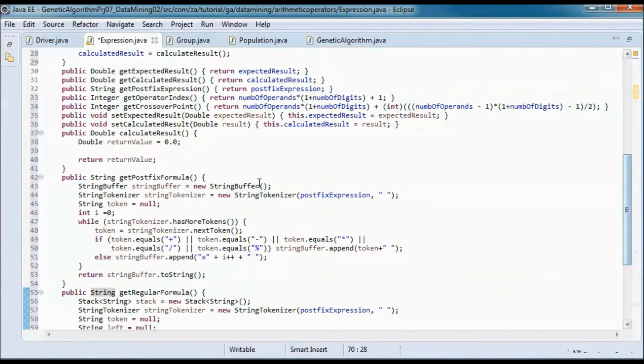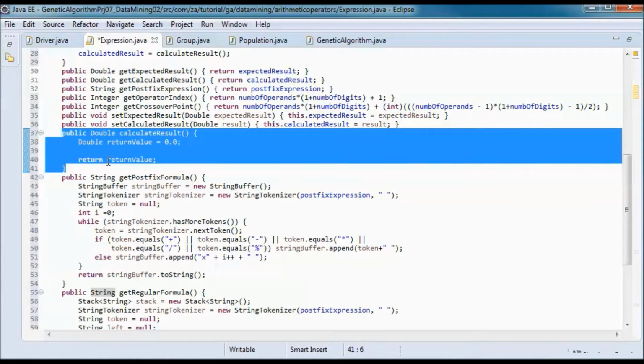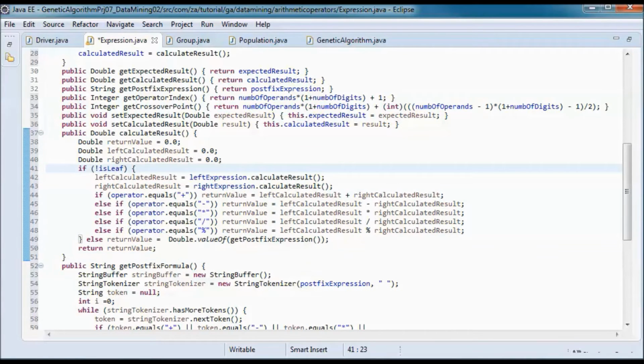And finally, let's go ahead and put the logic in the calculate result method. So if we have a leaf, then the double that is returned, so the return value would be the postfix expression, so that number, and we return that number.